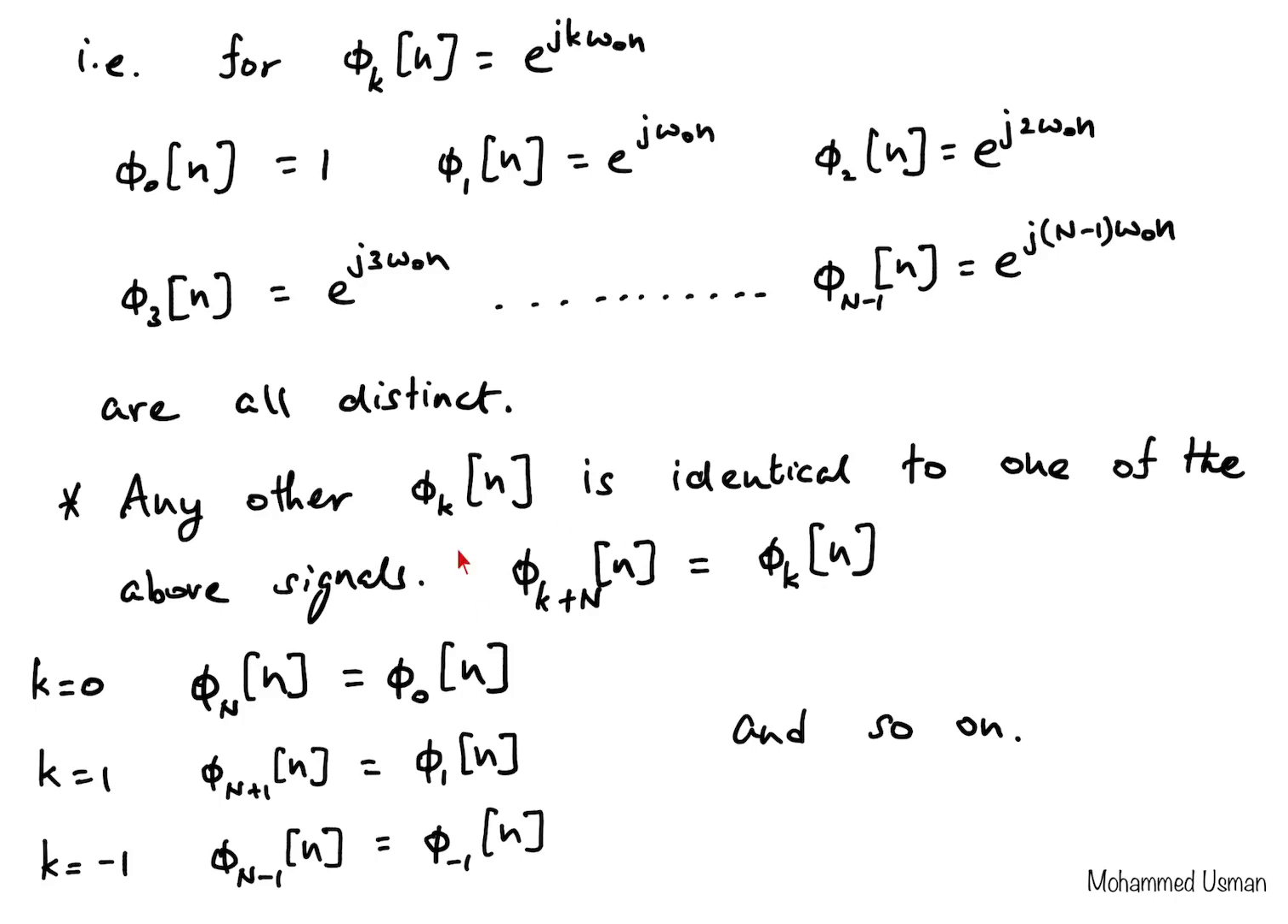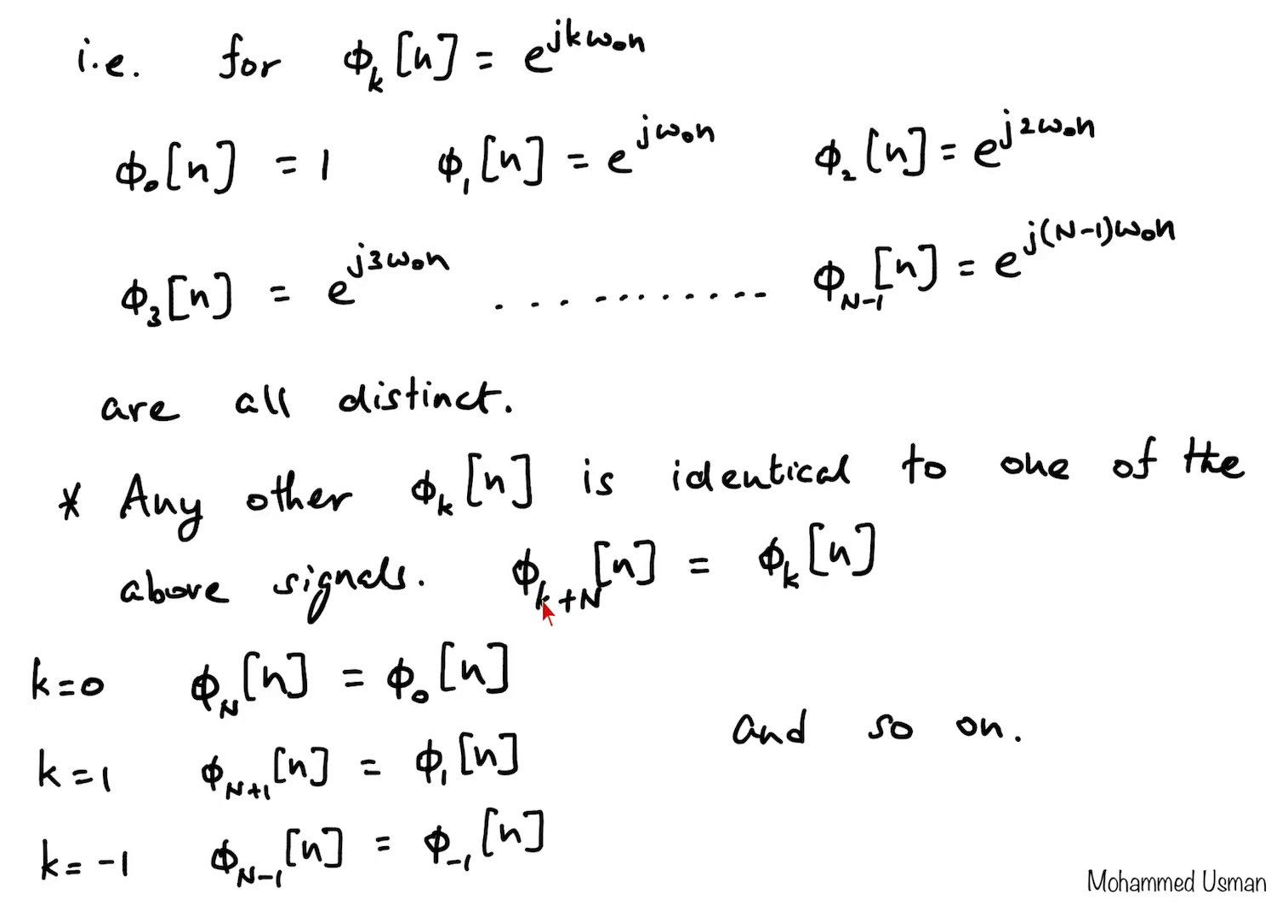So in general, we say that phi k plus n of n is the same as phi k of n. So it has a period of n. Based on that relationship, we can now find which value becomes equal to which of these unique phi k's. So we put k equal to 0 here. So phi 0 plus n, that is phi n, becomes phi 0. Phi n plus 1